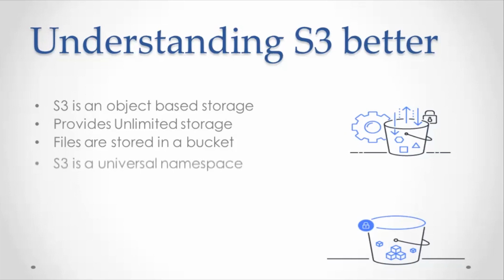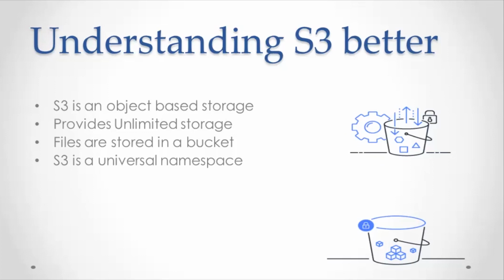All right. One important thing that you must remember about S3 is that S3 is a universal namespace. That means the names given to S3 buckets must be unique globally. When I create a bucket, I can't simply use a test or temp bucket name, because that name has already been taken long back by somebody. So when you create a bucket, the name has to be unique globally. The reason for that is that it's actually creating a web address.